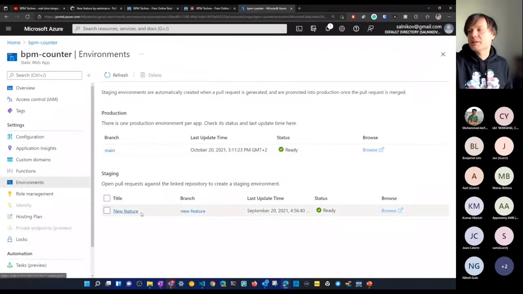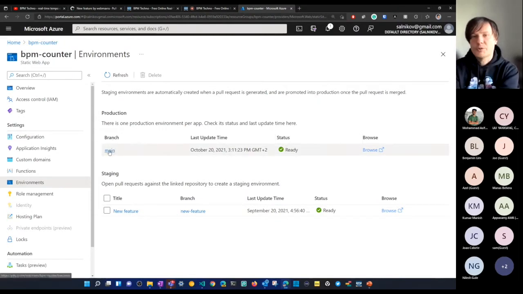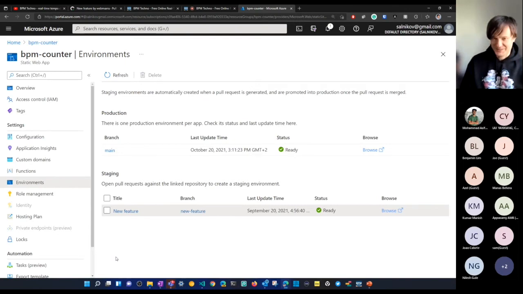I mean, the code we have here will reside on the main branch, and this staging environment will be deleted for you automatically. If I decide to drop this feature, I just close this pull request, I forget about this, and maybe I can also delete it here. But I will not do this because I will keep it for my next presentations on the same topic.